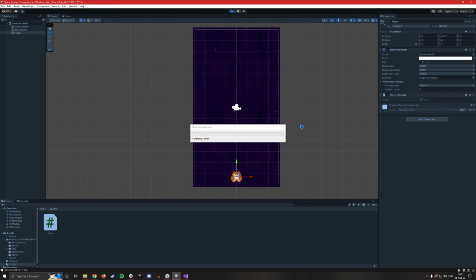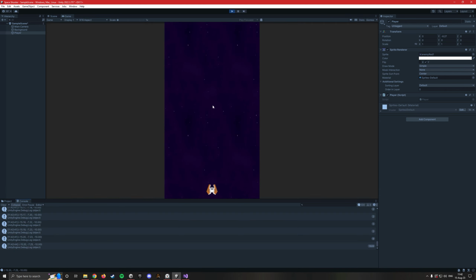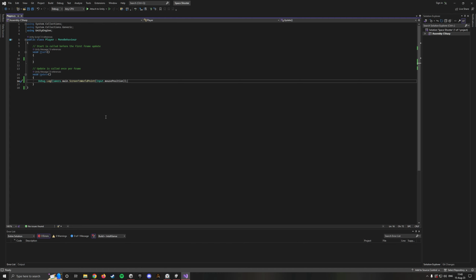When we play, let's see what we get down here in the console. So now when we have our mouse in the middle of the screen, it's saying 0, 0, -10. And at the bottom, we're getting like -4, -7, -10. So we see that it has converted the screen coordinates to world space coordinates. But we don't want to just print out that. What we actually want to do is move the player each frame, right? So we can do